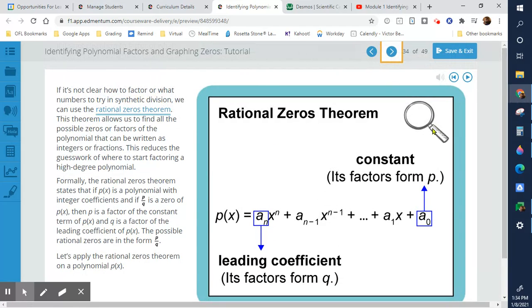Now, the rational zero theorem is a theorem that will help you with your synthetic division. It involves the leading coefficient and the constant. The way you figure this out is essentially the idea of factors: things that multiply to make your constant, your last number without an x. Factors of your constant, divided by factors